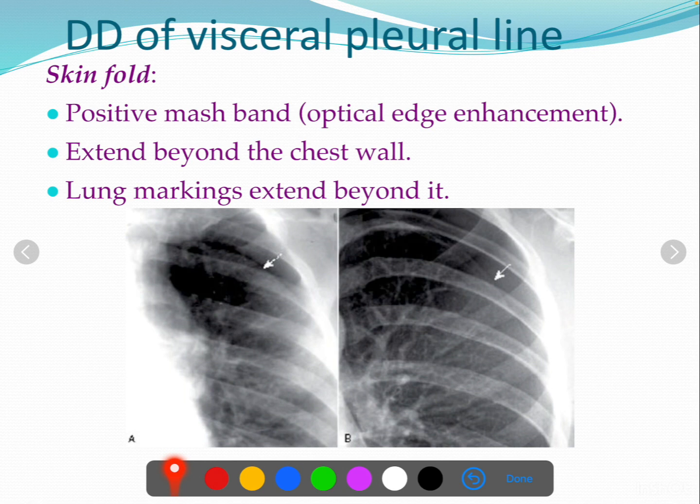line. So there are so many other things that can confuse us with this visceral pleural line. So yeah, it could be skin fold, very very important. It could be skin fold. So they are telling like positive mass band, optical edge enhancement, and it extends beyond the chest wall. If this thing is extending beyond the chest wall, then it is due to skin fold, very very important. And lung marking can extend beyond this thing. If lung marking is present beyond this line, then it is most